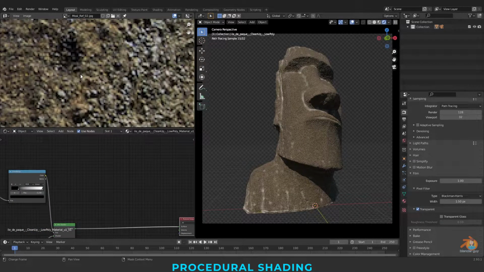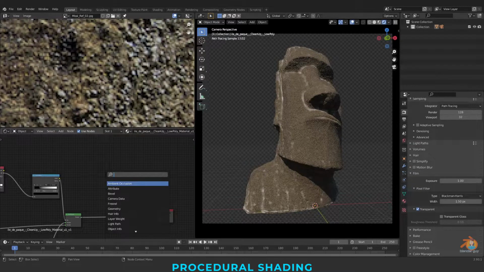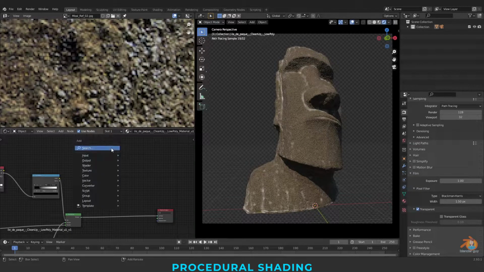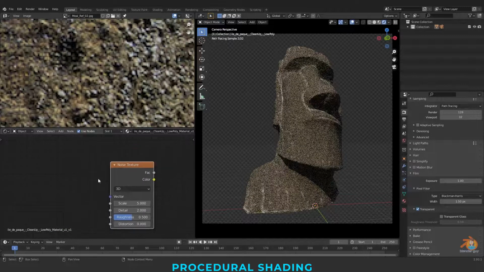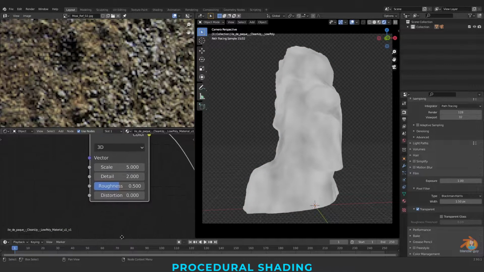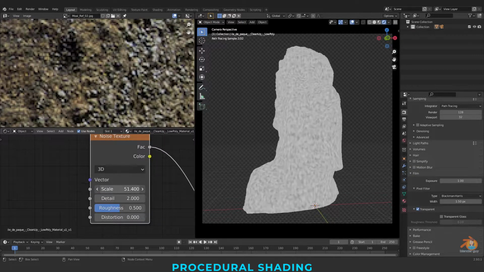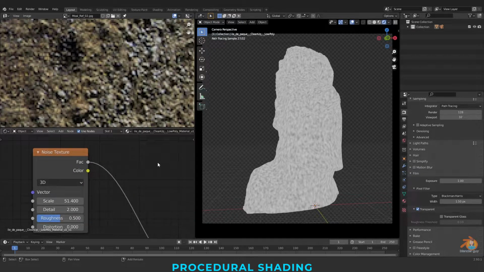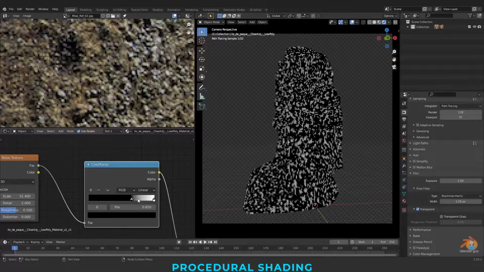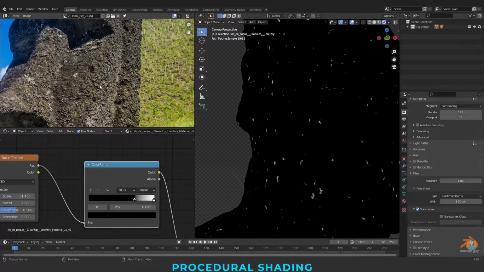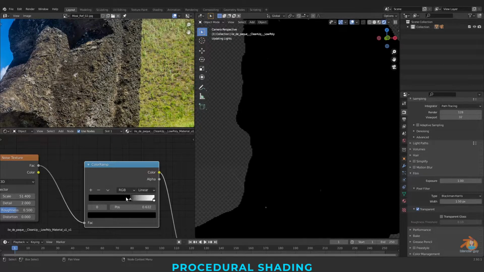And for this bumpiness, I'm just taking 50. Take a noise texture. To view this again, same, Control Shift click. This works for white dots.